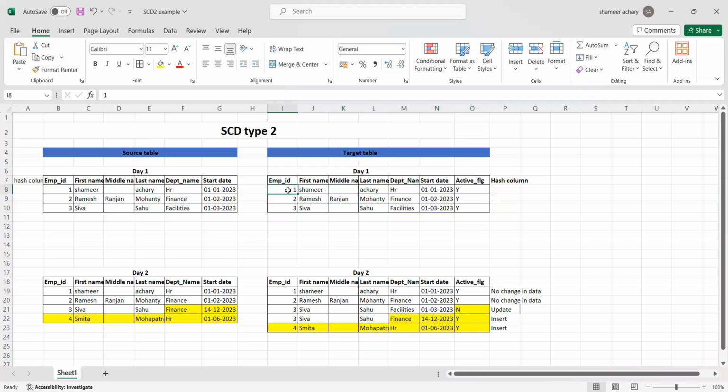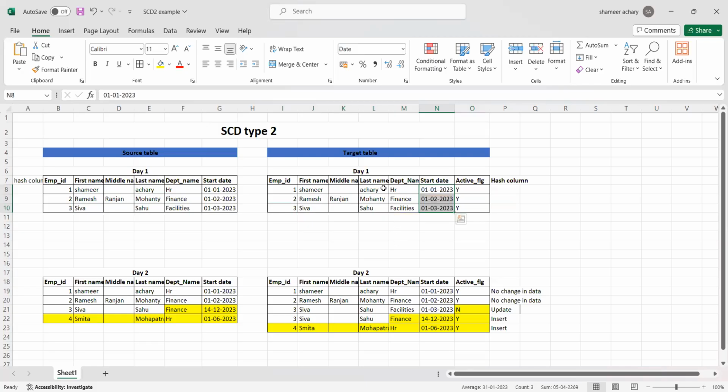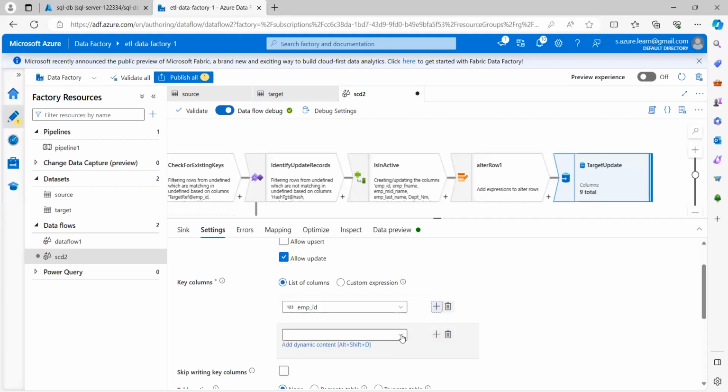Basically, whenever an employee ID is changing its particular department, then the start date will also change. So if you see here, Siva Sahu was working in facility from 1st March 2023, and on 14th April 2023, it got changed to finance. So here my key column will be employee ID and start date. So for a particular employee ID and the start date, that particular employee ID will be working in one particular department. So for that, I need to select this key column as employee ID, and then I will be selecting